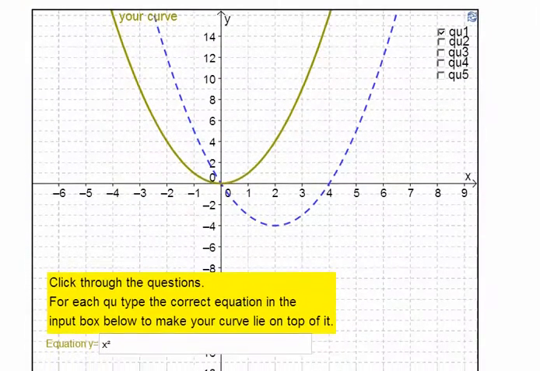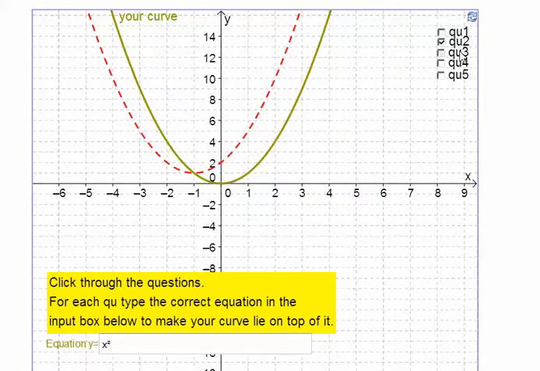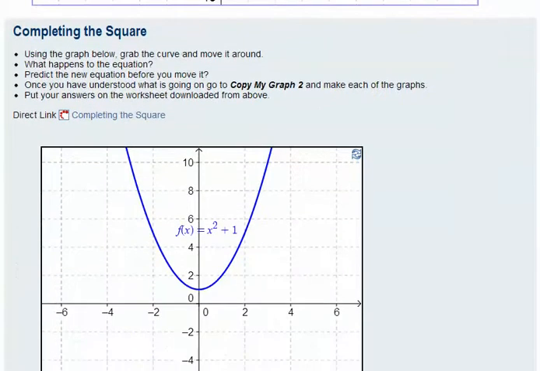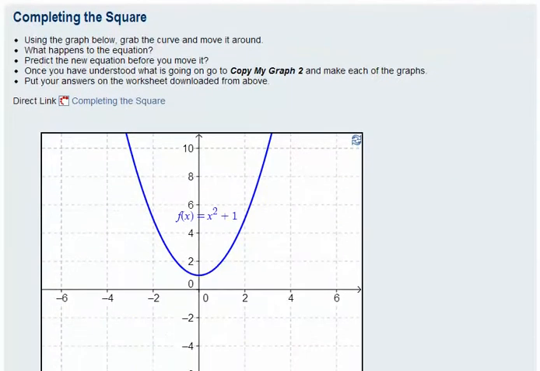So in this activity here, what we've got to do is enter the correct equation in the box here, which will change the shape and position of this gold graph, and we're aiming to put the right equation in so that the gold graph lies on top of the dotted one. And there are several questions to try there. Once that's done, we'd hope that that would be understood, and the next thing is looking at the completing